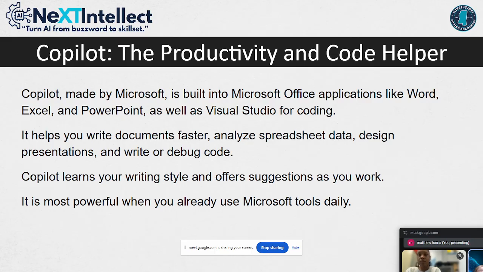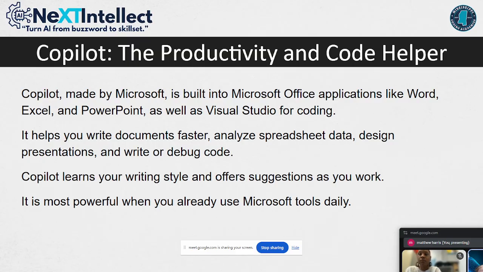Now, Copilot, productivity and code helper. So it's Microsoft. And so Microsoft computers, especially new laptops and everything, will have like a Copilot button. I've seen ads for those. And Copilot is already made to work with all the Microsoft Office applications. So if somebody's using that Microsoft Office package and using Word, Excel, and PowerPoint, as well as Visual Studio for coding, it's letting you know that that AI tool is going to already be better suited for those